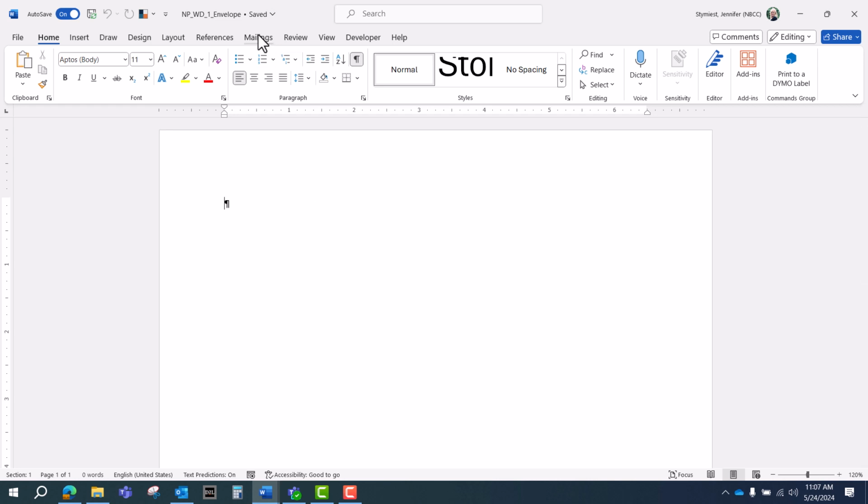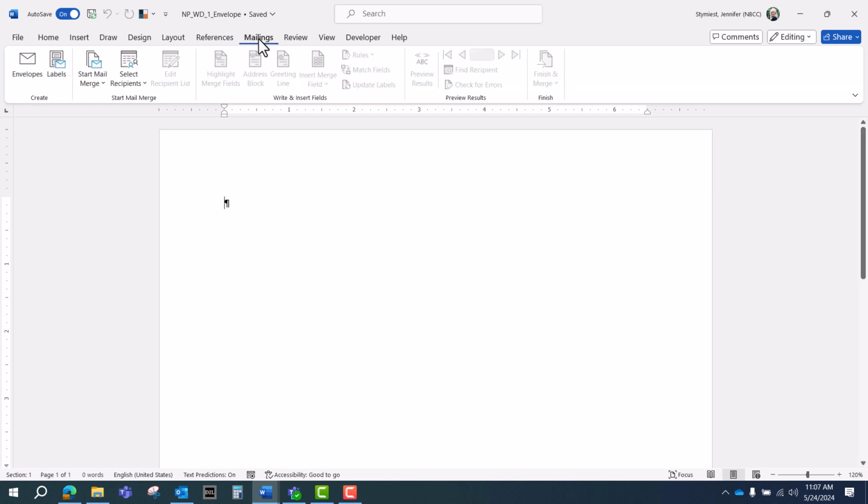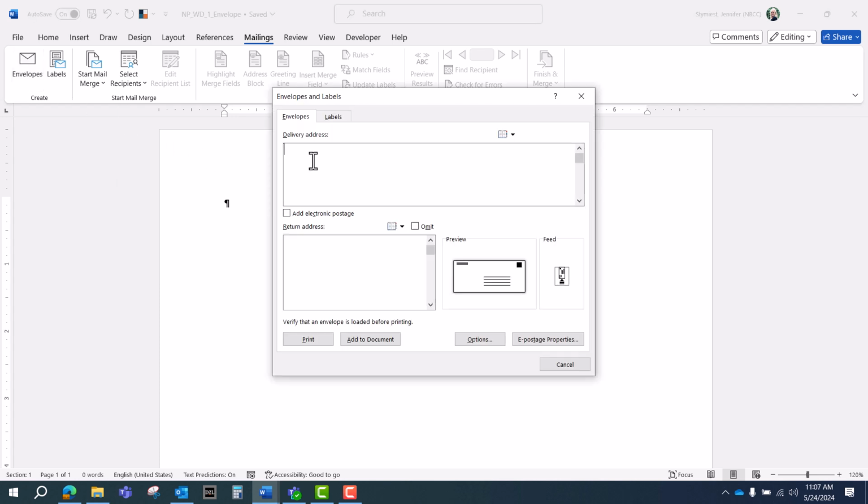All right, and then we're going to come up and we're going to click on our Mailings tab. And in the Create group, we're going to click on Envelopes. In the delivery address, we are going to type the following address, pressing Enter to start each new line. So it's Belinda Harper, Enter, Journal of Urban Environmental Engineering,